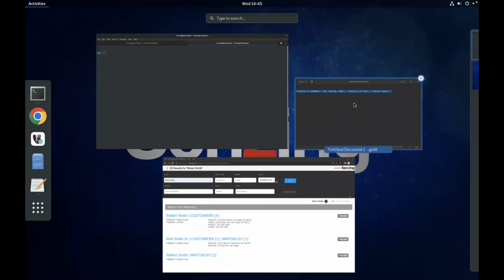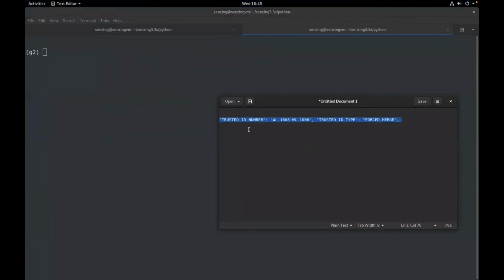So to do that, I use what's called a forced merge. Forced merge is where we take what we call a trusted ID, we assign it a unique number, and then we assign the type to it, a forced merge. I also have the data that